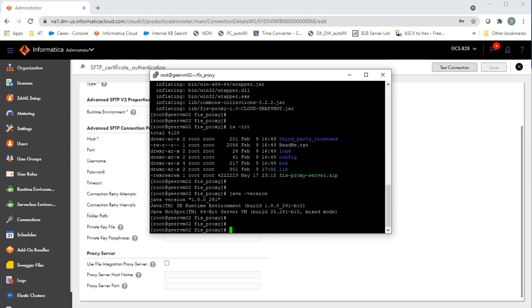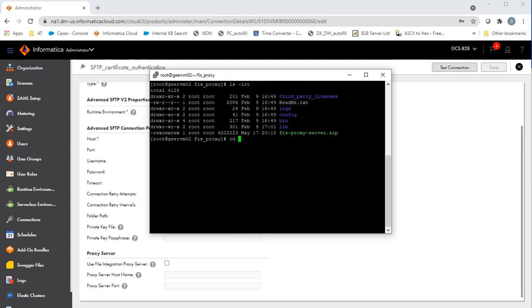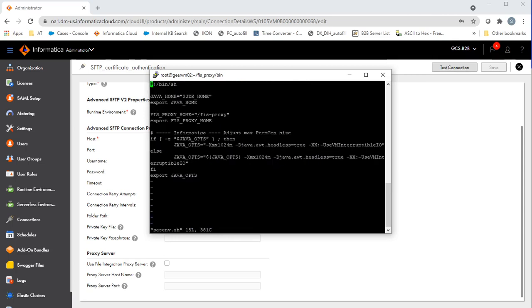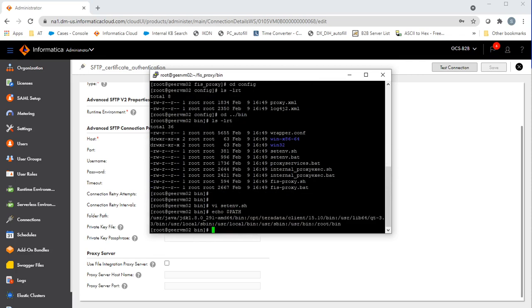We need to make a few modifications in a few of the files. First we need to go to the config directory. Then we go to the bin and set the path. So let's open this file, setenv.sh. In this file we have two modifications to be made. First we have to set the Java home and FIS proxy home correctly. The Java home is this.